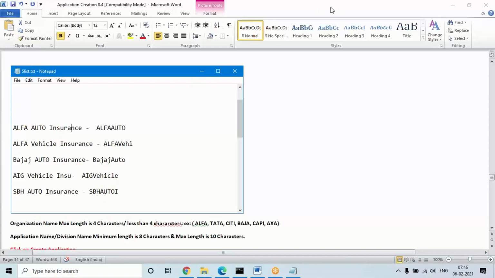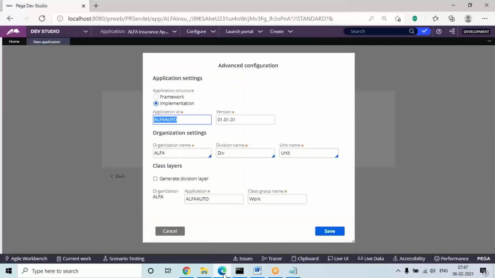So now in our application, according to the name given, Alpha Auto will be taken as a shortcut for your application name, or we can also call it the application ID or division name. Okay. So if you see in the settings here, the same application ID will take 8 characters from the name given, or your application name can also be seen truncated to this. And the same we can also call a division class. With this name, some division class will be created. In one Monday session, I'll discuss more about the types of classes in Pega.